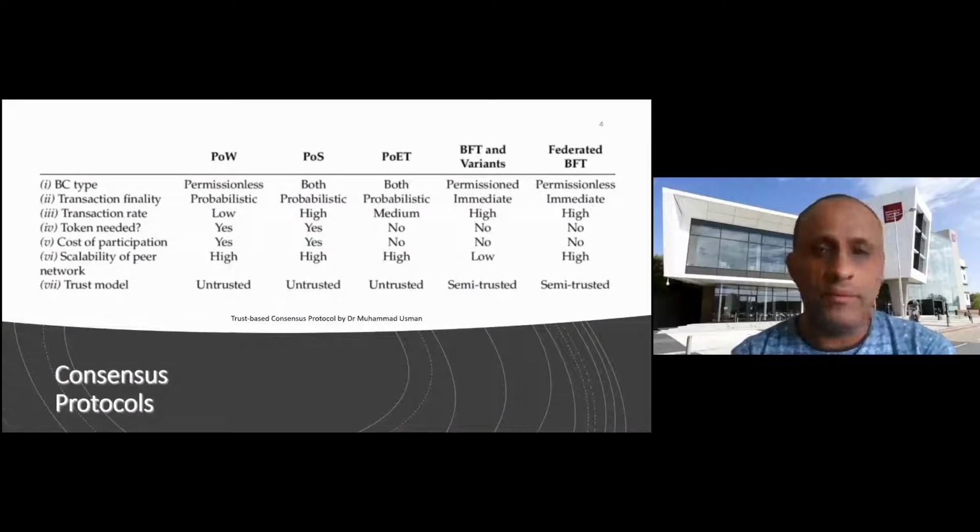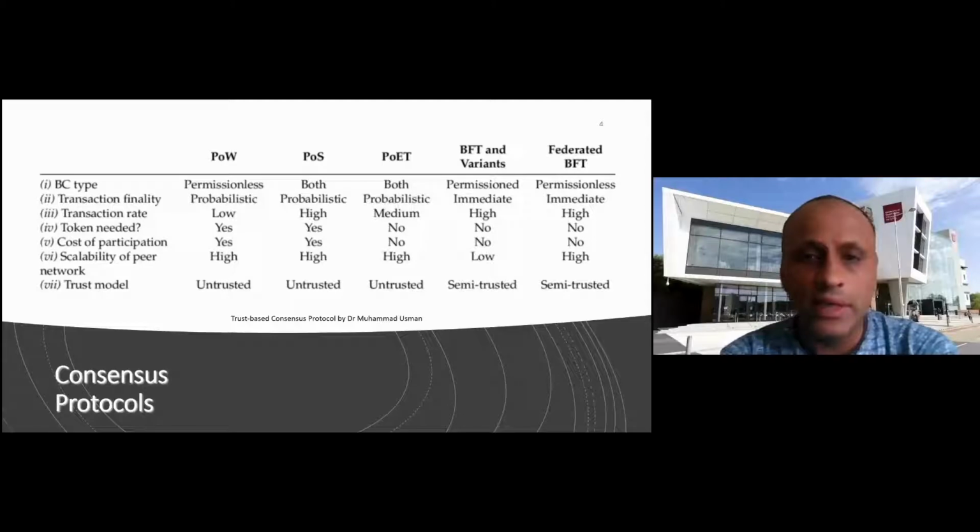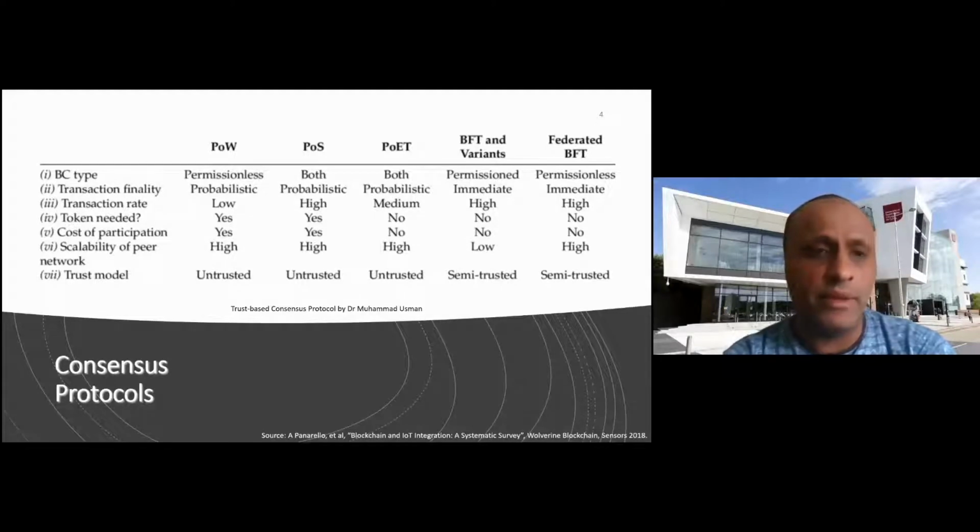Consensus protocol. I'm sure most of you are aware that there are different types of consensus protocols such as proof of work, proof of stake, proof of elapsed time, Byzantine fault tolerant, and there are some other categories such as proof of authority, proof of capacity, proof of activity, and a few others. If you look at this table on this slide, the bottom row shows the default trust model in these different consensus protocols. Most of them are by default untrusted or